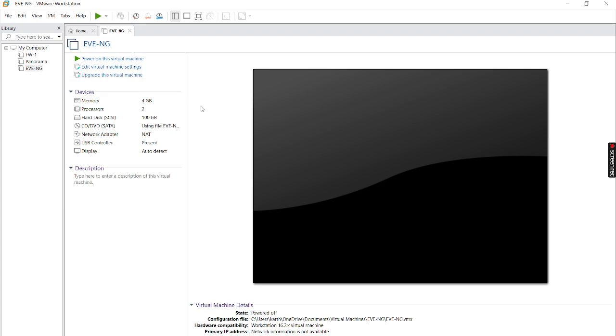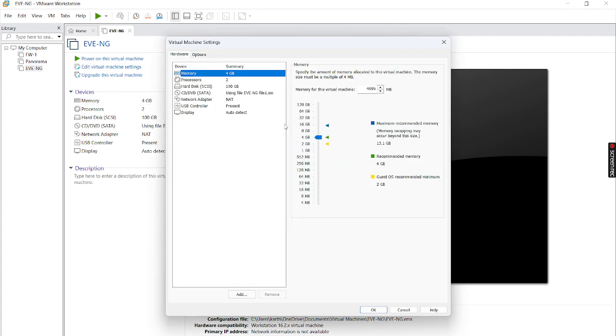Before turning on the virtual machine, what we have to do is go ahead and increase the memory, because we are going to add Palo Alto firewall, right? It needs at least 6.5 GB of RAM, and the Windows machine needs 4 GB of RAM. So it will be extending up to a maximum of 13 GB. Okay, we will be going ahead and increasing up to 12 to 13 GB.